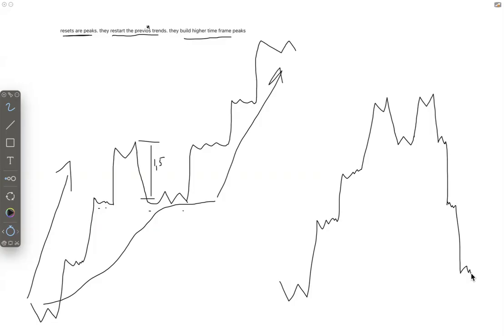That is why we sometimes term them unconfirmed resets. The reason why they are unconfirmed is because they did not close any level higher than the peak formation. It doesn't mean that a candle should close above. No, just any level has not been closed higher than a peak formation. So they literally came back within the range. But this remains your reset.